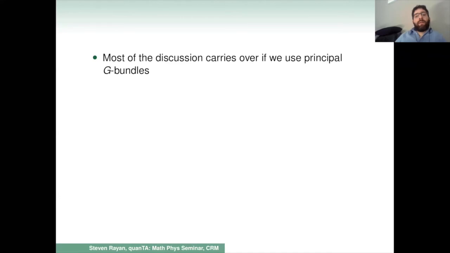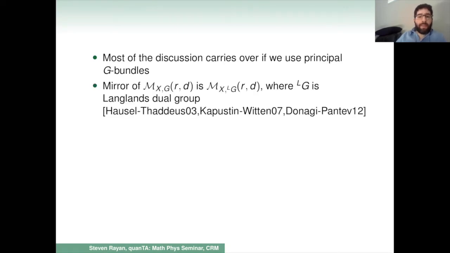And the proper setting for this discussion is to think of G bundles. As I said, we've been considering GL(R) everywhere, but we need to stand back for a moment and think about G bundles. And most of the prior discussion carries over just fine. It turns out that the question of mirror symmetry is well defined, and the mirror of the moduli space of,